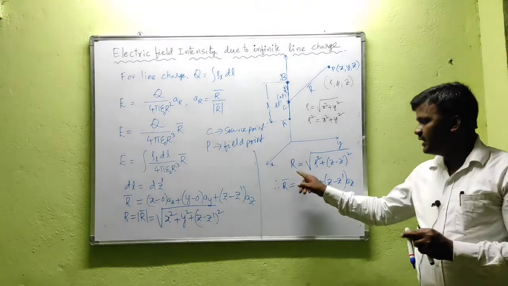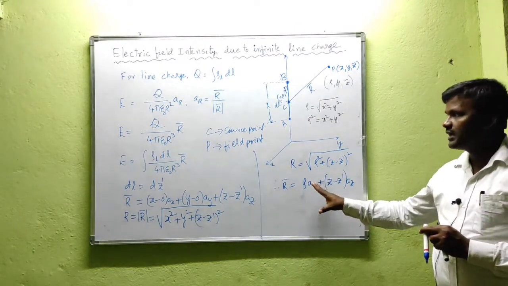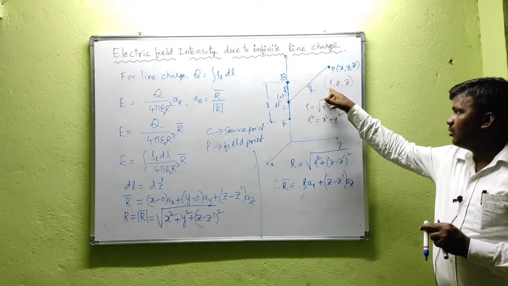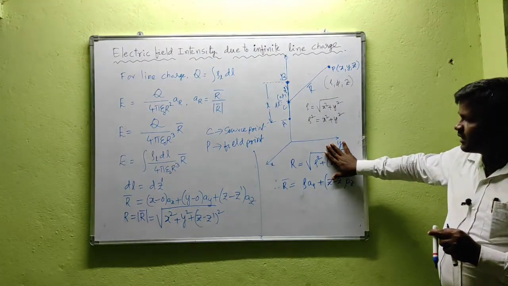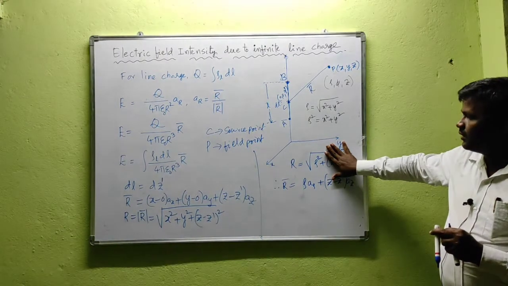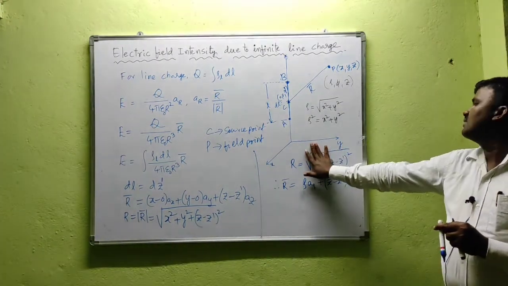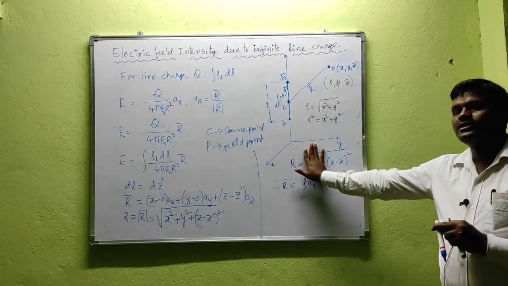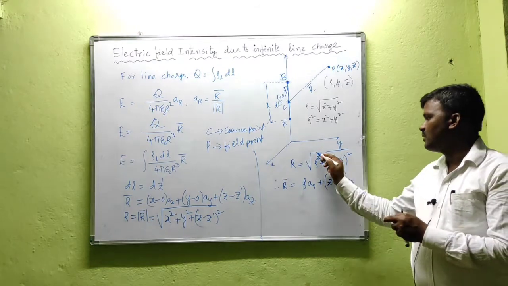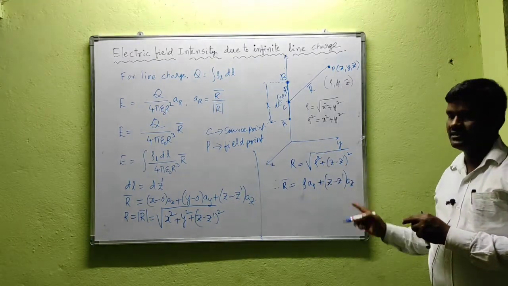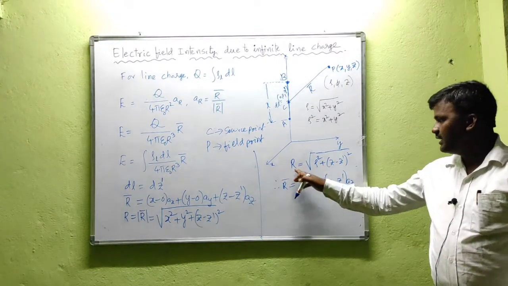I am repeating once again. In order to write the vector in any coordinate system, we need to find the components along rho, phi, z. Along rho we have only the rho component, the square root of rho square, which gives rho, so rho into a rho. Along the z direction, the square root of z minus z dash whole square, where the root and square cancel out, gives z minus z dash along the z direction. So this is our r bar in the cylindrical coordinate system.